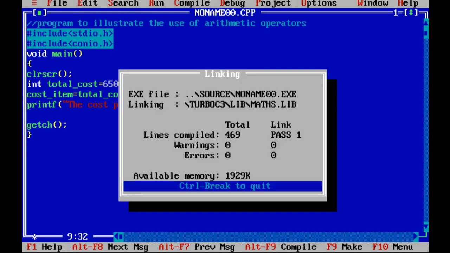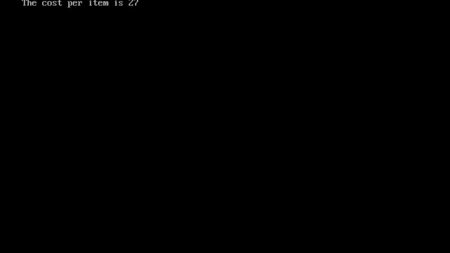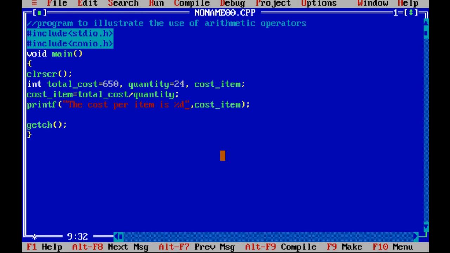Okay, and I run the program, then I will get the answer in integer. Just observe, the cost per item is 27. That point figure went away because this variable is not of float data type. Now all the three variables which I have used are integer. So this is known as integer arithmetic. Very silly thing is given here, integer arithmetic, right?